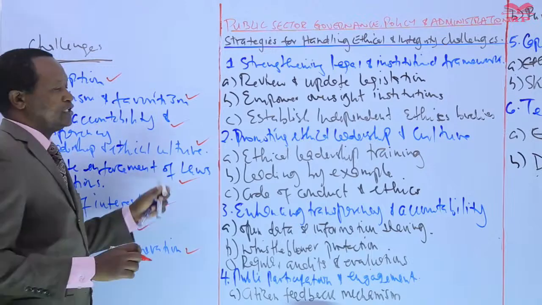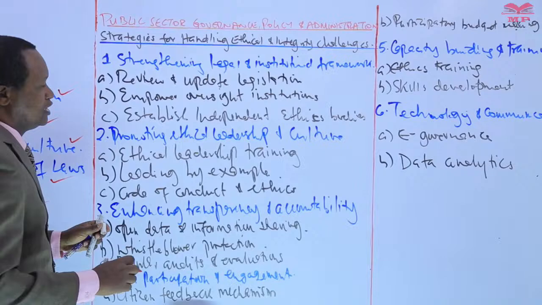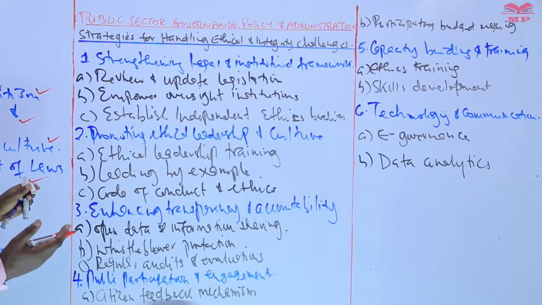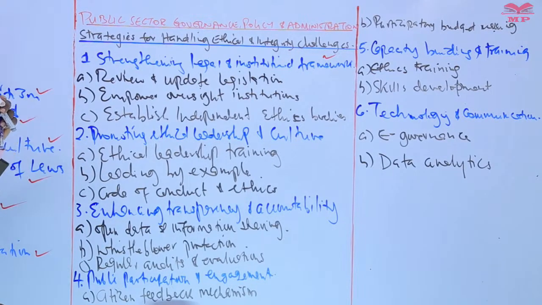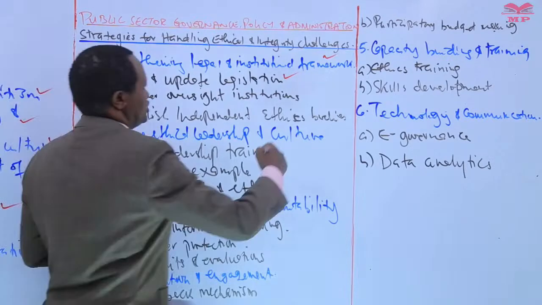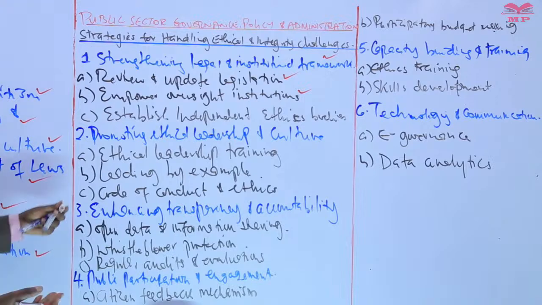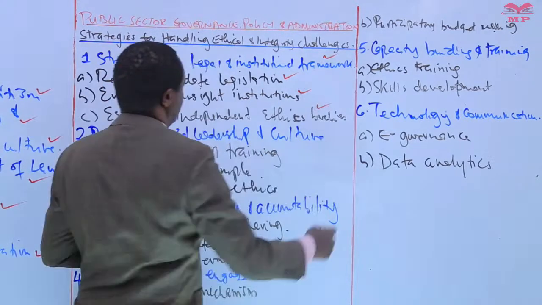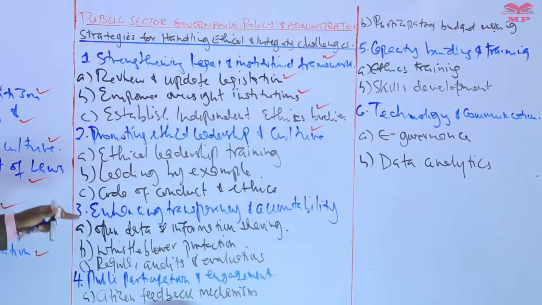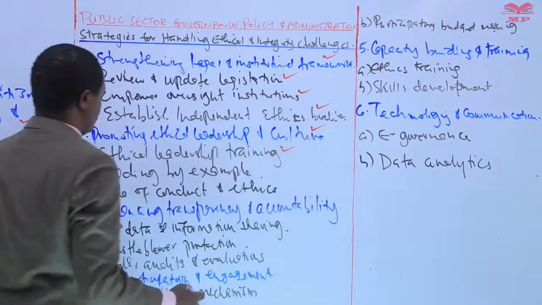We've gone ahead to discuss the strategies for handling these challenges, and we've grouped these strategies in 4 broad categories. First, ways to strengthen legal and institutional frameworks. One is reviewing and updating legislation, empowering oversight institutions like funding, capacity building, and so on, establishing independent ethics bodies. Then the second category is culture. One way to promote ethical leadership and culture is by having ethical leadership trainings, leading